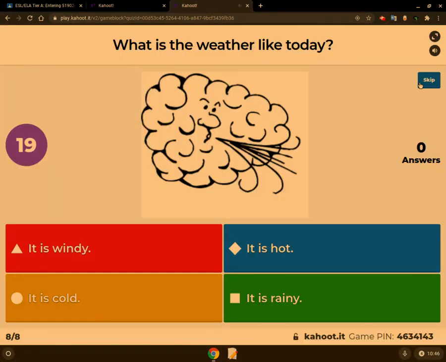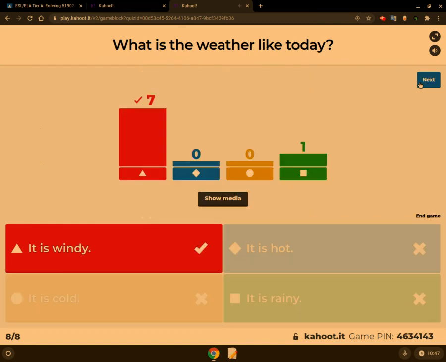What is the weather like today? Windy. Very good.